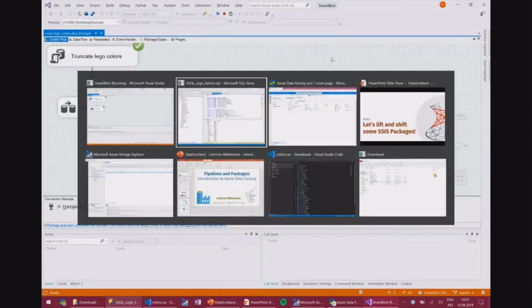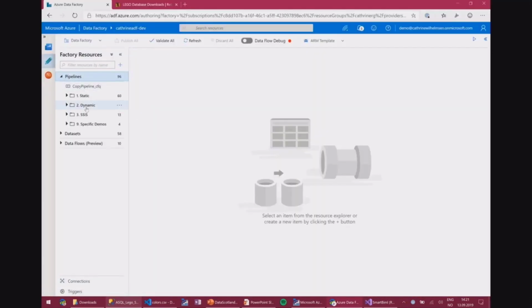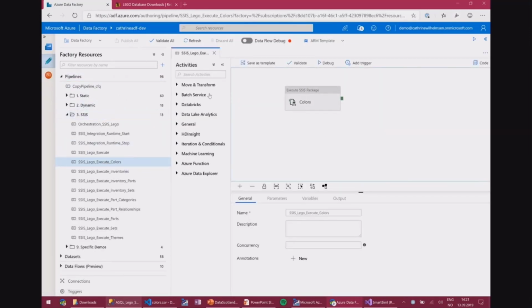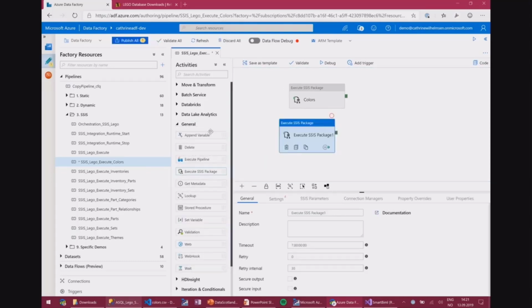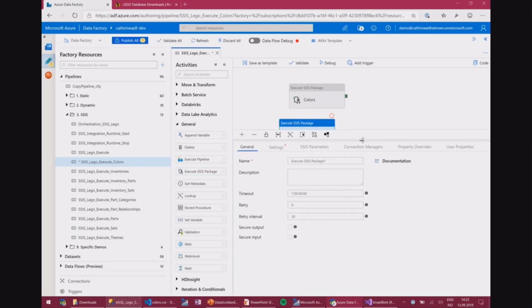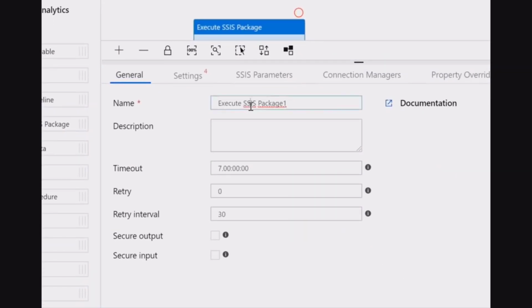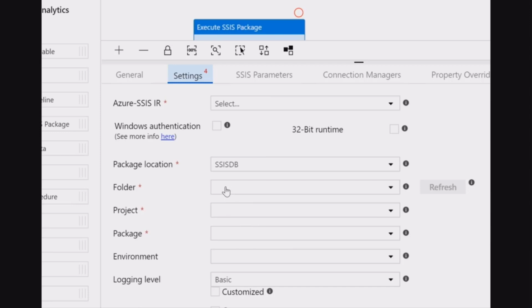Now back inside of Azure Data Factory, I can create a pipeline to execute that package. And it's very simple. Under Activities, under General, you have this Execute SSIS Package task. You drag it onto the interface, and then you configure it. Once you start configuring that, you will recognize the things that you have probably seen previously. Just some general things like the name, description, but under Settings is where you would set up folder, project, package, environment. All the things that you're used to from the SSIS project configuration.